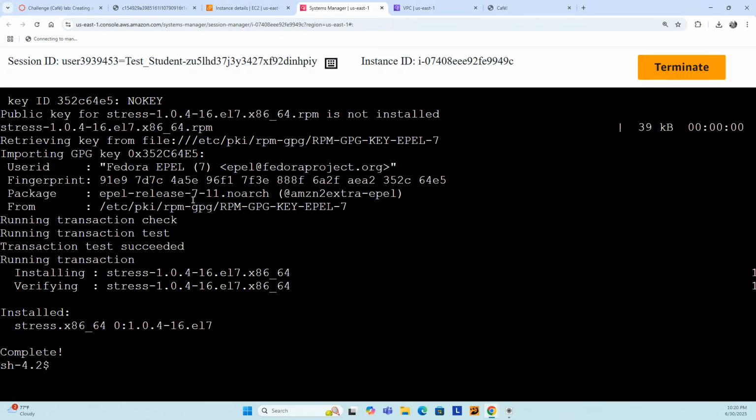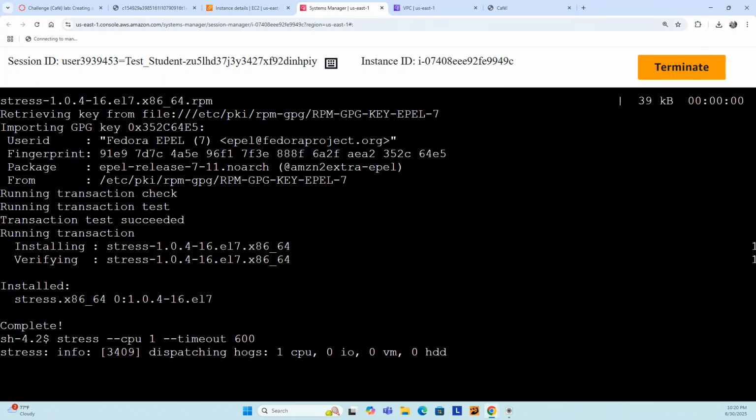And then let us run the stress test. Run CPU. Let's keep it running for 10 minutes. So yeah, let's wait for several minutes, and meanwhile we will examine the